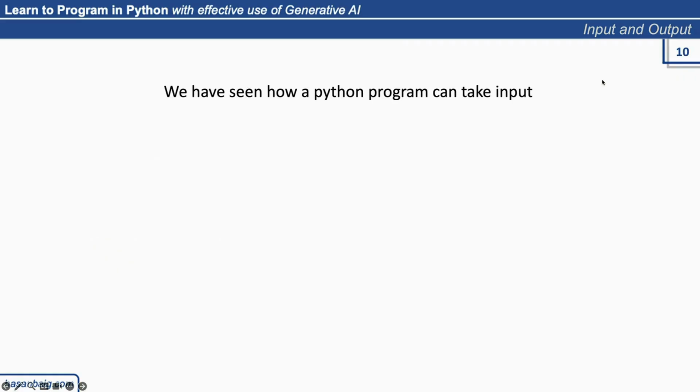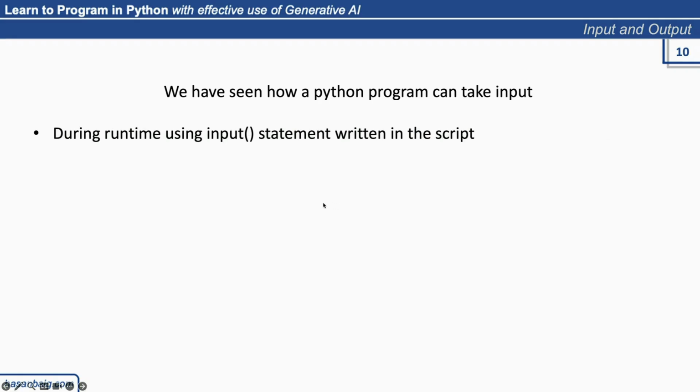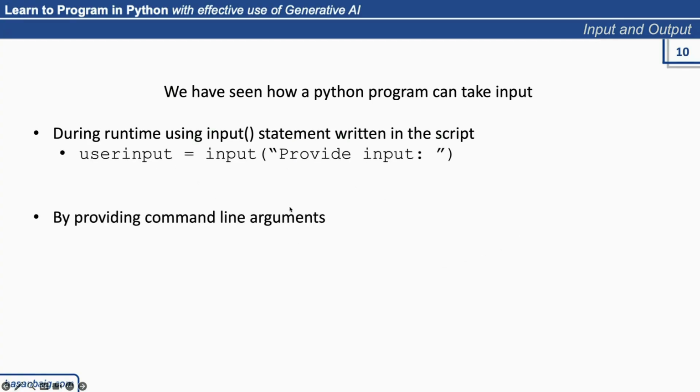Let's move on. So we have seen how a Python program can take input during runtime using the input statement. When we are executing, only this statement helps us take the input. That is why we call it runtime. And we can store it into a variable by providing command line arguments: python, file name, and input 1, 2,